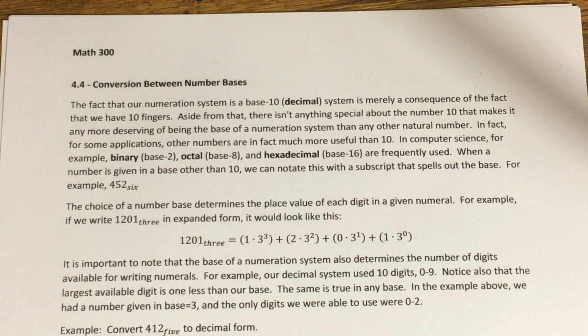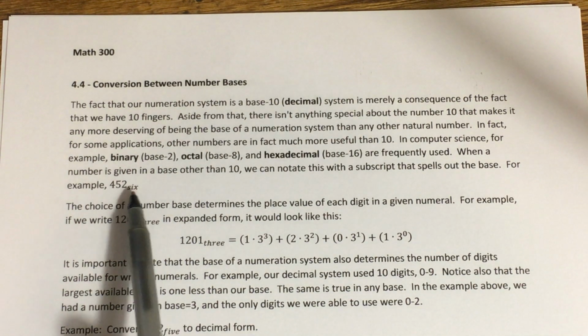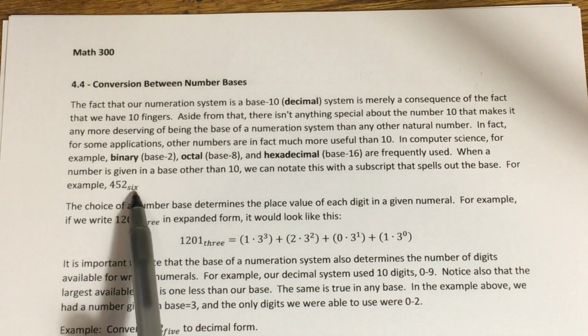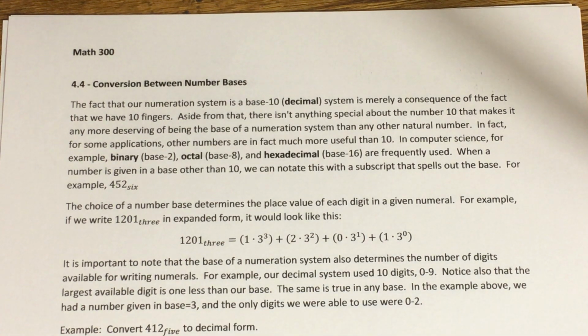But if we want a numeral to represent something in a different base, we're going to use a subscript to indicate that. The subscript will spell out whatever base we're using. So for example, if this number 452 is in base 6, then I'm going to put a subscript of 6 there. One thing I want to point out also is that the way that I read that number 452, I didn't say